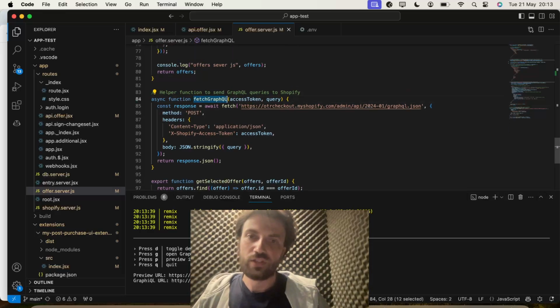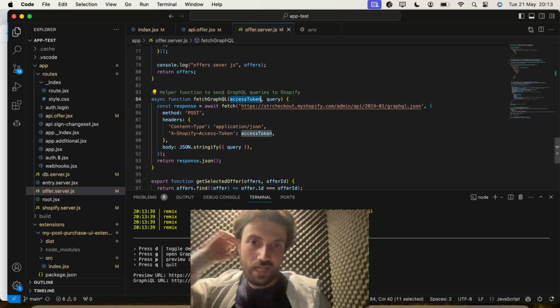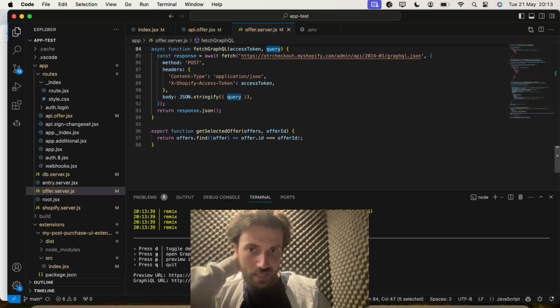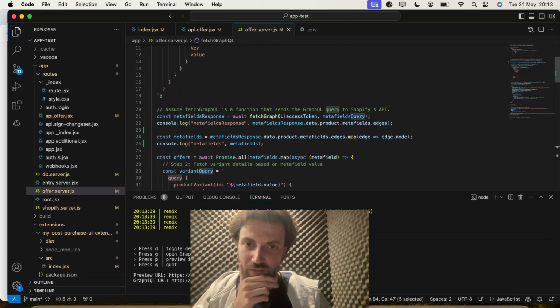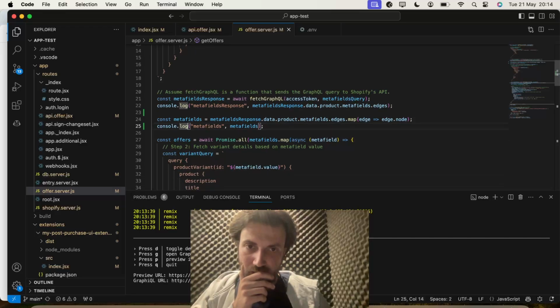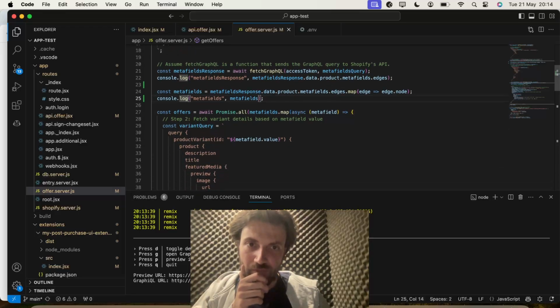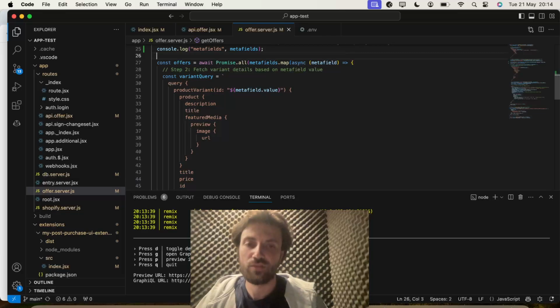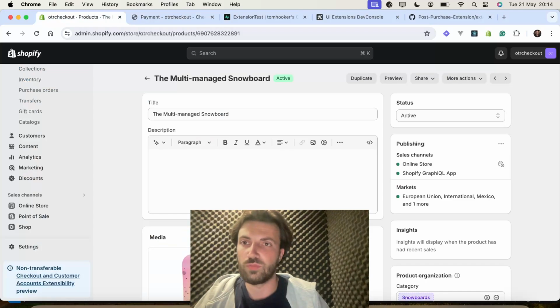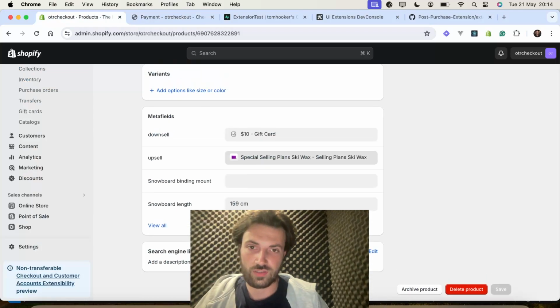So we're going to do fetch GraphQL. Again, it's passing through the access token and that query we've just made. And then it's just going to return that into a JSON response, which would be this here. And then what we're doing here, we're just mapping through those metafields that we get through that JSON response. And the metafields that we've got through the JSON response will be these two products,